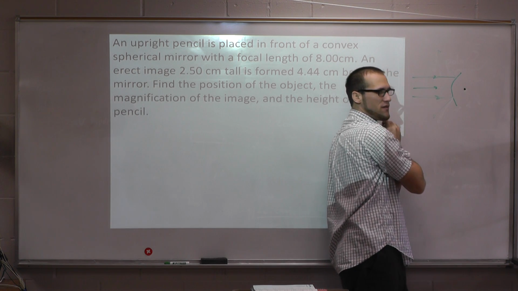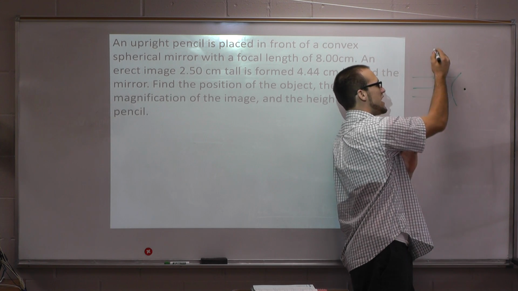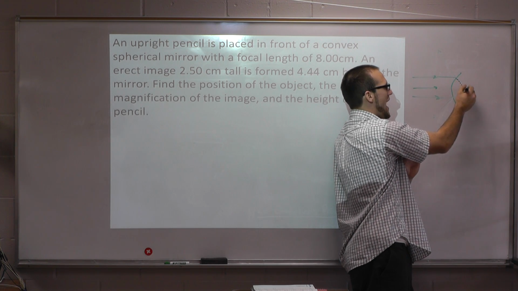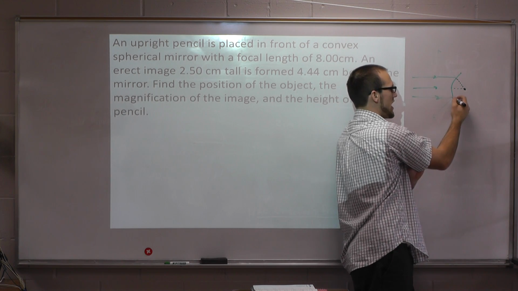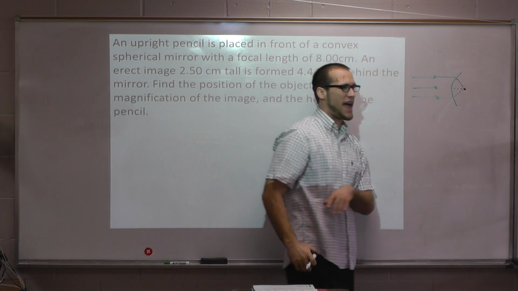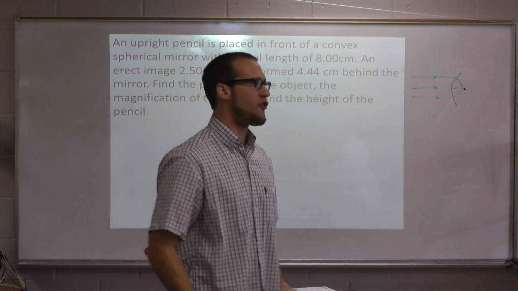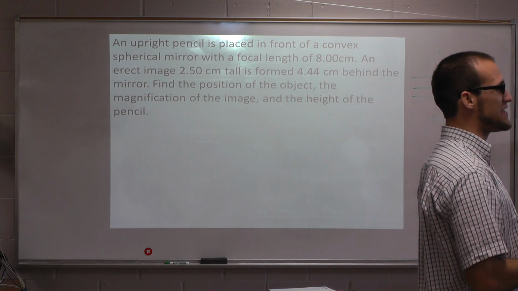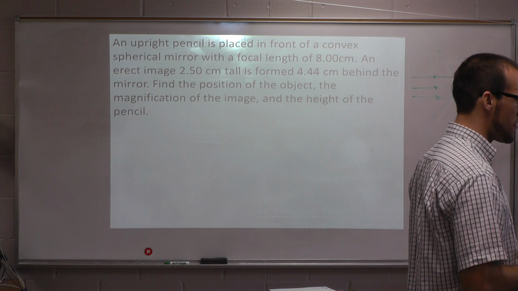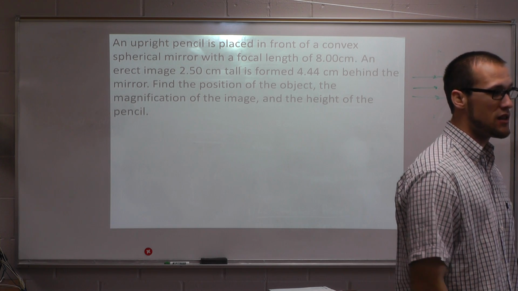Light comes in and diverges, but if you bring the light rays back, they converge behind the mirror. So the focal point for convex mirrors is behind, which means it's always going to be negative. You will always have to put a negative on your focal length for